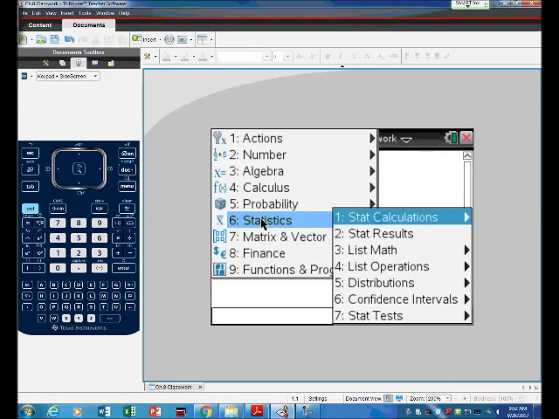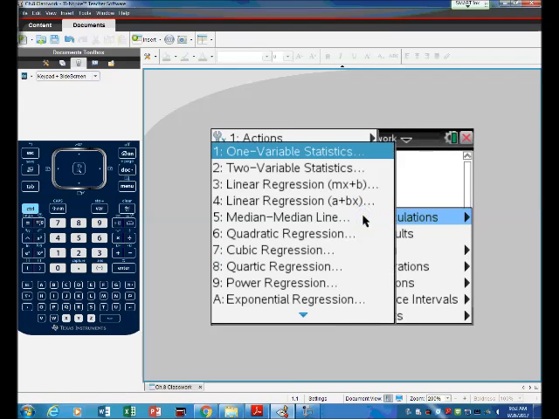And you should see at this point, since we did in chapter 7 last week, we have moved from just one variable statistics, which is where we focused the first 6 chapters on that, and we're going to linear regression, which is actually number 3 and number 4. But in algebra, we use the form mx plus b, which is number 3. The reason we're not going to use that, and we're going to use number 4, which says a plus bx,